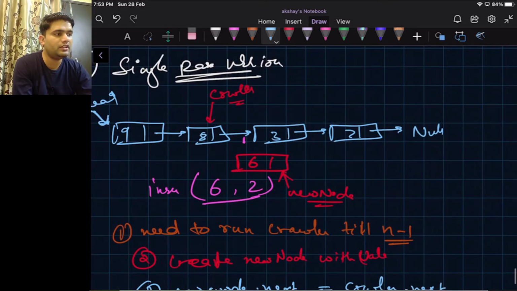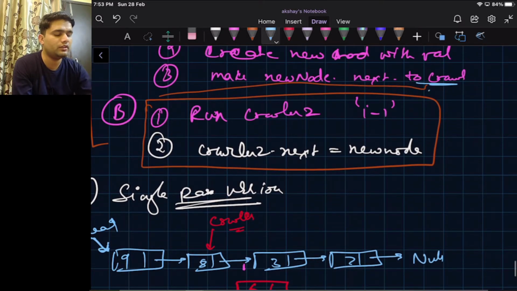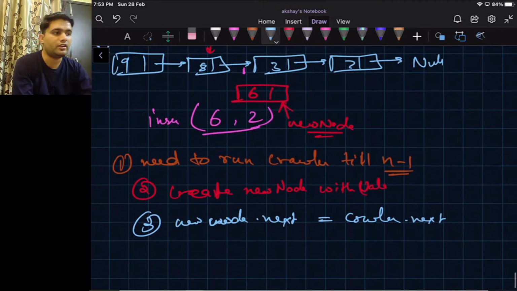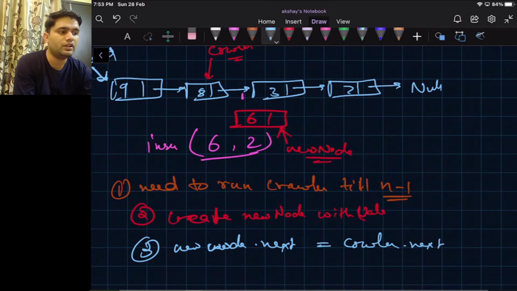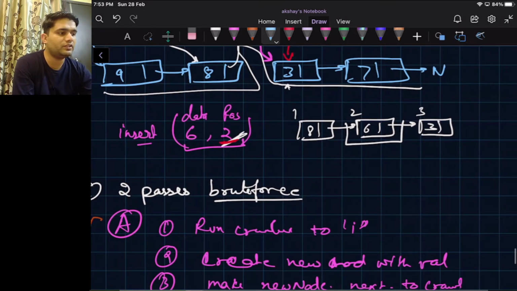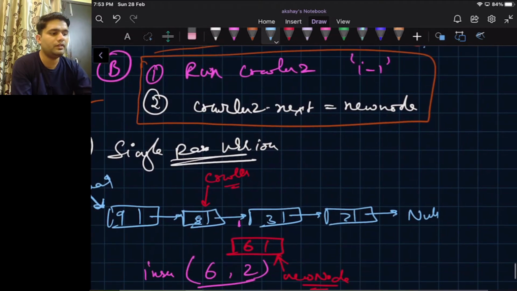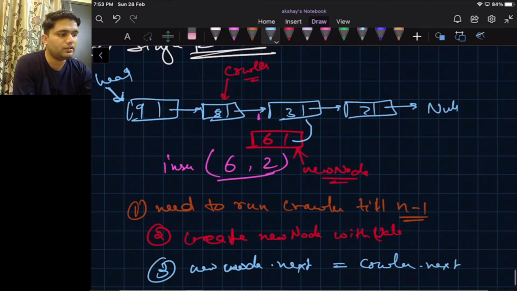In the previous one we made it point to the crawler. Now we are making it point to crawler dot next, because the crawler is just before. So ultimately what we wanted was 6 to be pointed to 3. So in this case we will say new node's next will point to crawler dot next.